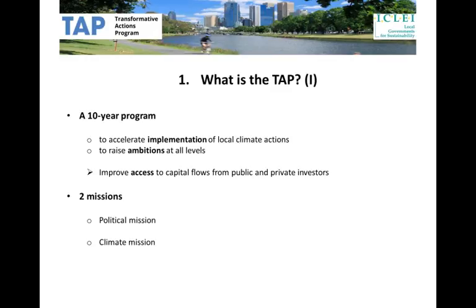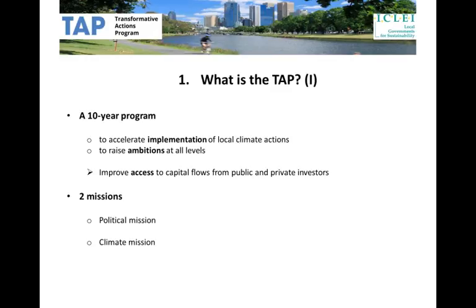Why? Because this is where climate change can be tackled effectively, as we know, and because effective climate action at all levels has become urgent. So, as we know, there are a number of challenges linked to climate change and also to increasing urbanization. And so, importantly, by engaging in the TAP and putting forward proposals of transformative action, local governments and their networks will pursue and intensify their efforts to bridge the gap between negotiations and the implementation process.